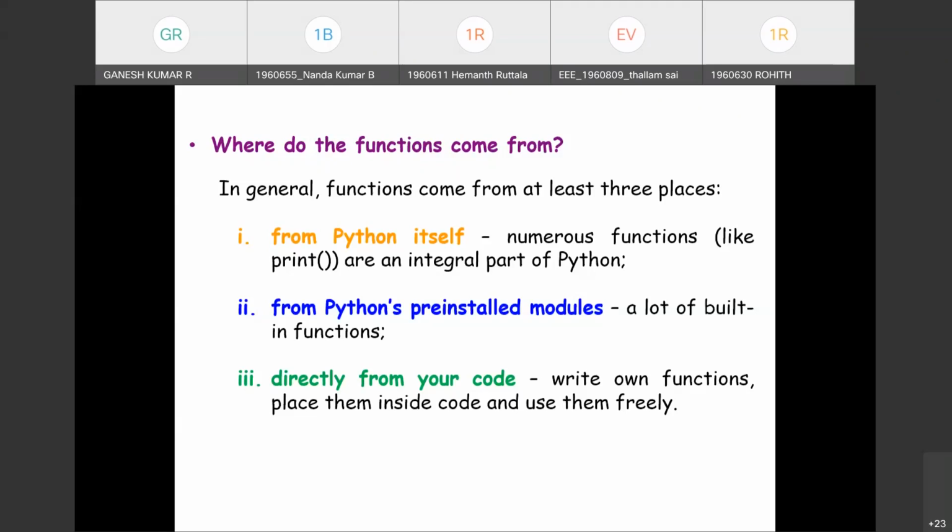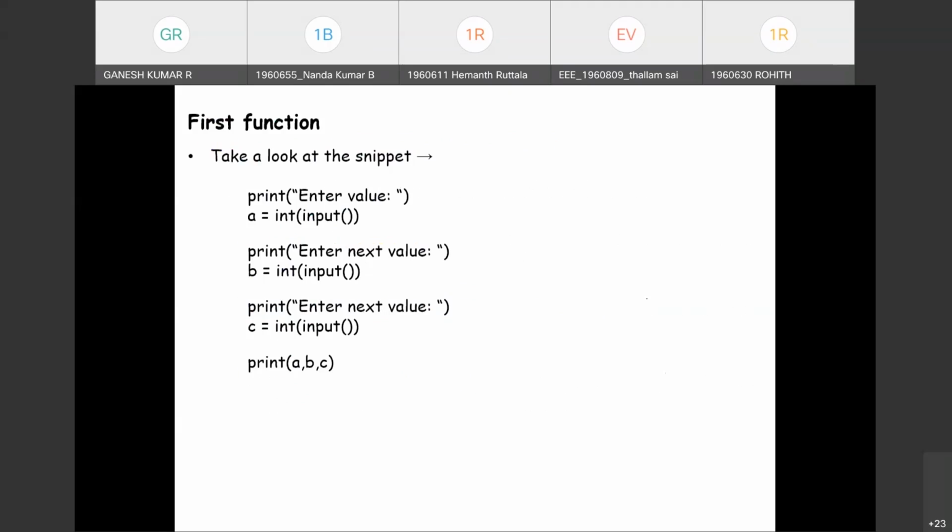So the functions come from at least three places. Number one, Python itself, built-in functions. Two, add-on functions from Python's pre-installed modules. And the third, user-defined functions. Through writing code snippets, we can write our own function, a user-defined or customized function. Fine. So this is an example, right? Take a look at this part.